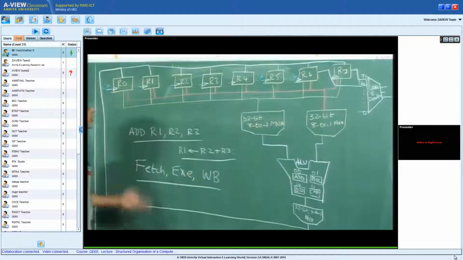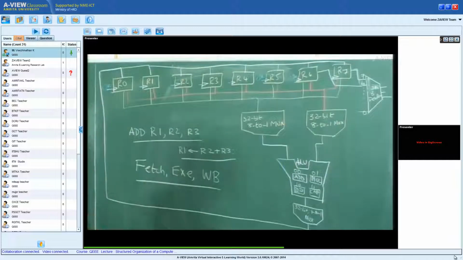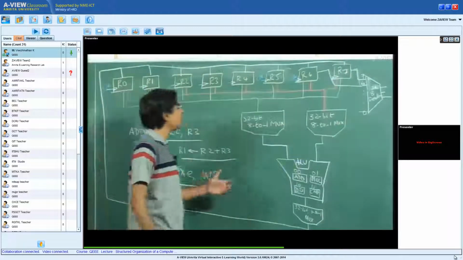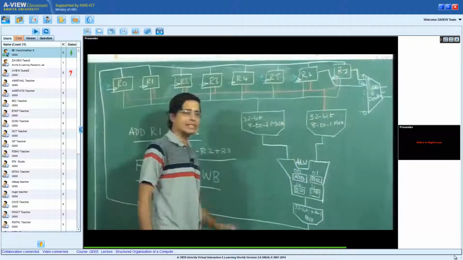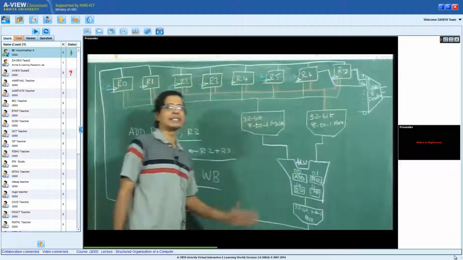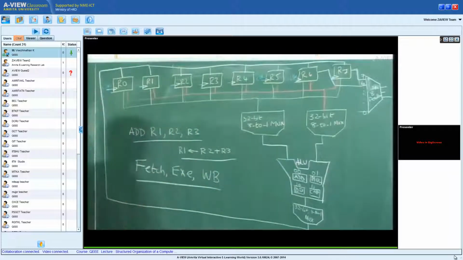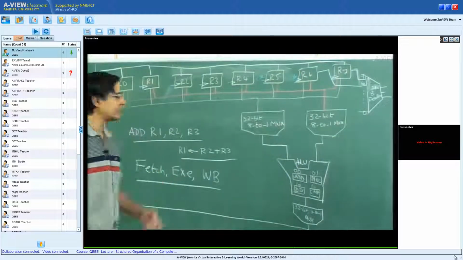Now how are we going to facilitate this? In the last class we did see what we mean by an n-bit k to 1 mux. Let us assume that this is a 32-bit architecture. That means the arithmetic that we want to do would be on 32-bit numbers.